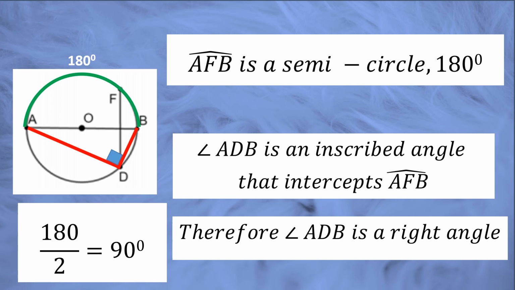So, tandaan nyo na basta ang inscribed angle ay nag-intercept sa semicircle, then it's a right angle. Tandaan ninyo, itong segment AB is a diameter, di ba? It's a diameter. So, in short, talaga siya ay semicircle. Next,